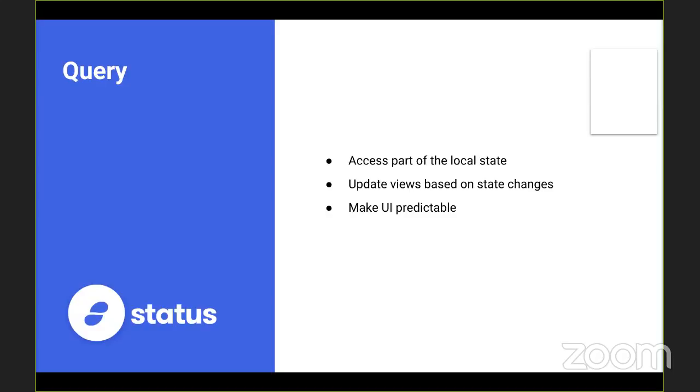So let's say, for instance, you are interested in SNT exchanges. You could define, okay, I want to hook my view to some SNT details, and then you just specify this, and every time some SNT exchanges go through your status node, that will be reflected in your extension. So it makes UI very predictable and very easy to build.